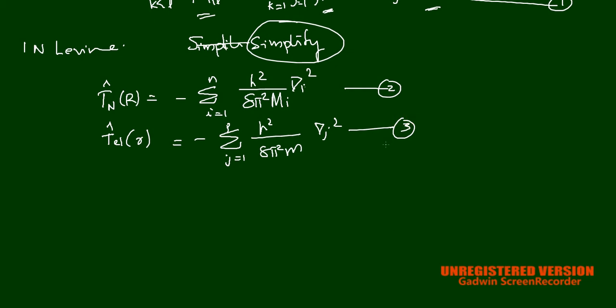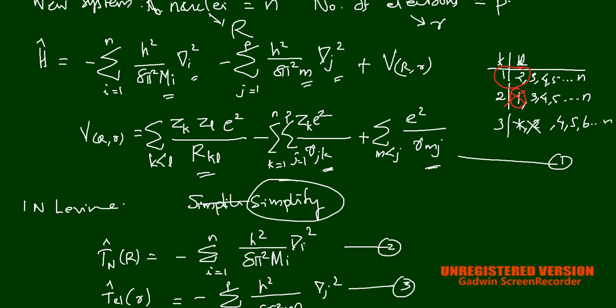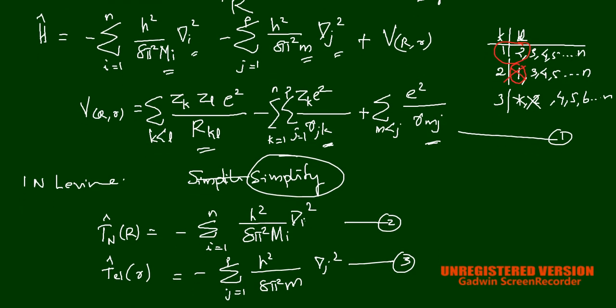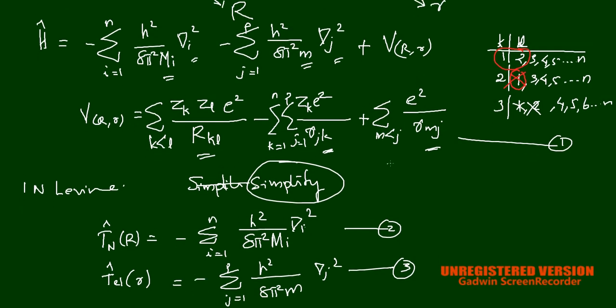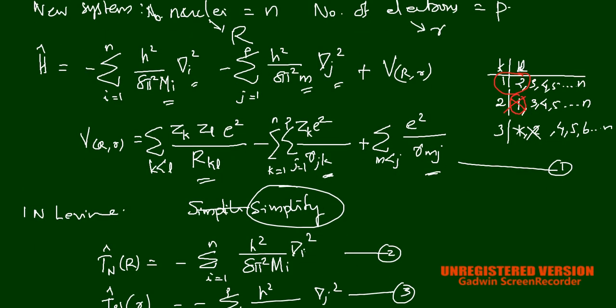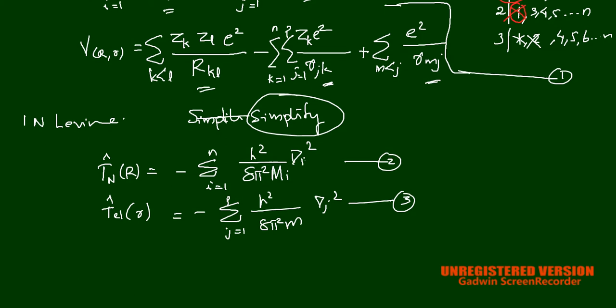Then we have V(R,r). It is already written there. Sorry, the screen has gone too low. So V(R,r) is already defined there. Actually, I called the equation for the Hamiltonian equation number 1, and V(R,r) we already defined next below that. So we already have V(R,r), that is the potential energy operator,